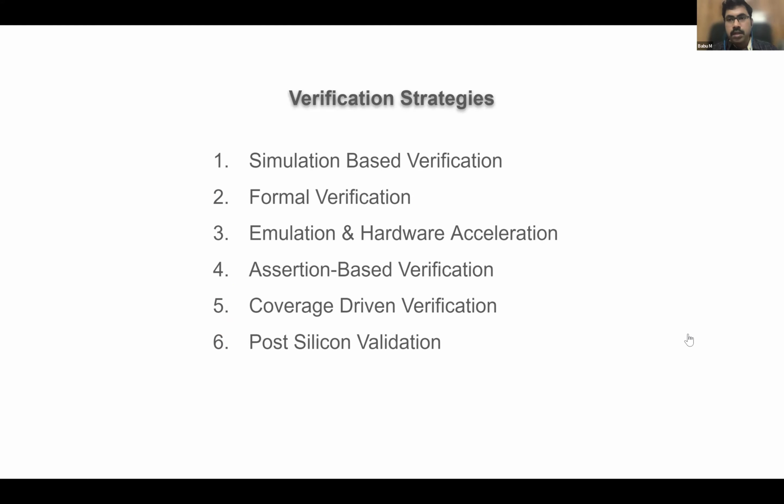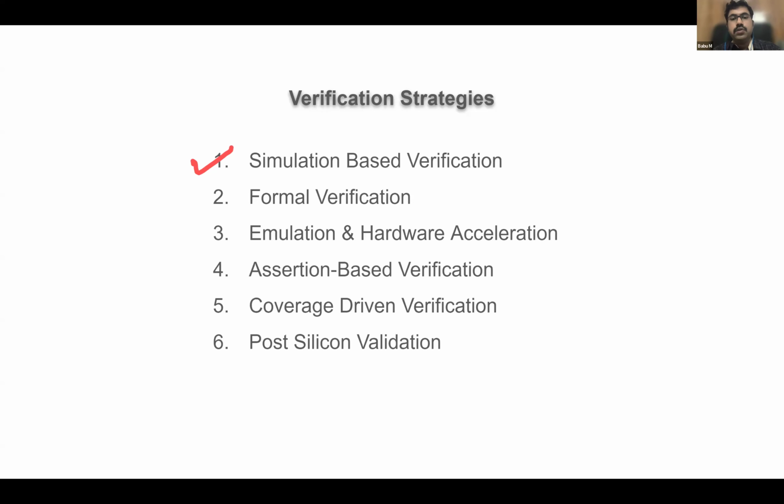So now I will go deeper into verification strategies. These 6 points we will be discussing: what are the roles of a verification engineer when a particular product is developed as an RTL. When the RTL code is ready, what are the steps available to verify the design, and what are the roles of each engineer. Here one role requires the involvement of different engineers. First one is simulation-based verification, where